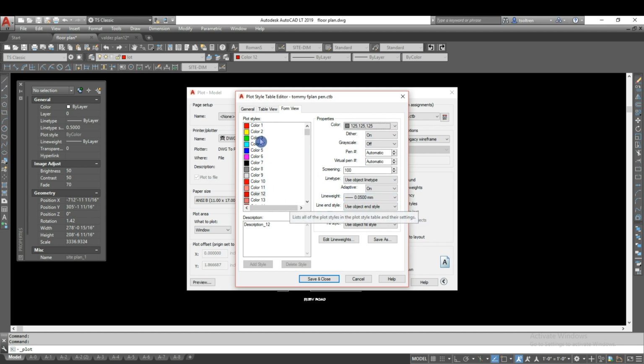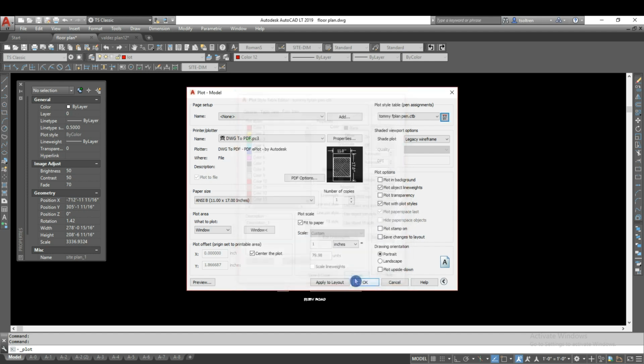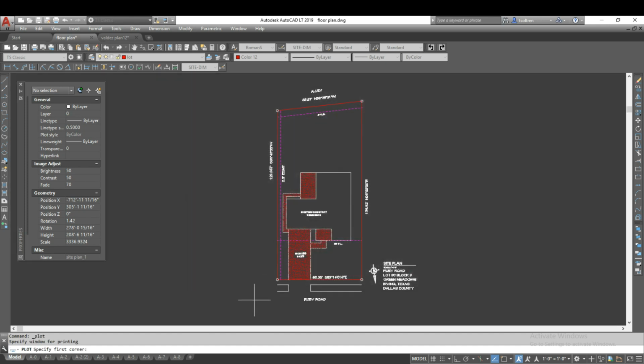So for every color, you can give your drawing different line weights. So you can see here the line weights are different. And then once you're done, you just hit save and close, and you created your own personal pen setting. Okay, so now let's make a window around this,